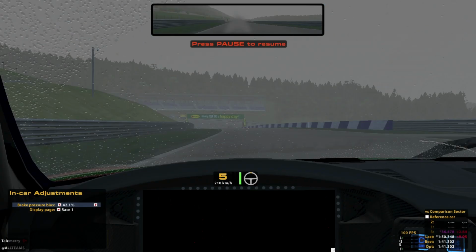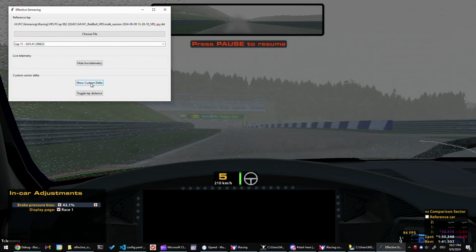Maybe you just realized that for this particular corner there is no delta display available in iRacing, and that makes sense because when we use active reset we're starting in the middle of sector 2, right? And to work around this I added this second feature, custom sector filter, to the app, and this is what this overlay is for. And you can see at the moment it's showing not a number, but